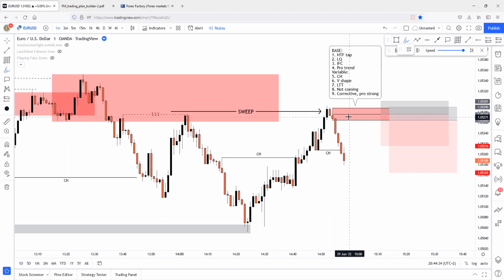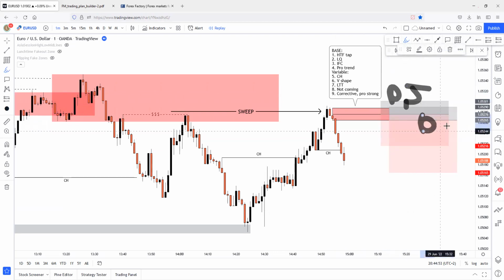But if I can't decide if the 50% or the full body will reverse price, and I really want to be in the trade because this is a really high criteria trade, and I just want to pull the trigger, I'm just setting a limit order on the 50%. I'm also setting a limit order on the beginning of the body, of course, with risk split. So with 0.5 on the upper one and 0.5 on the lower one, right?